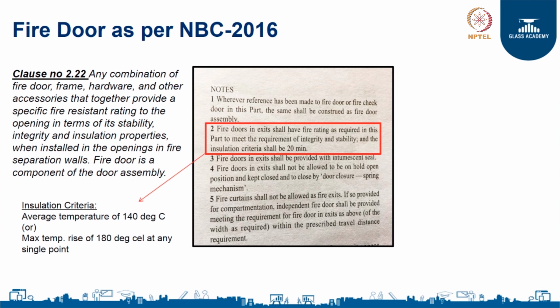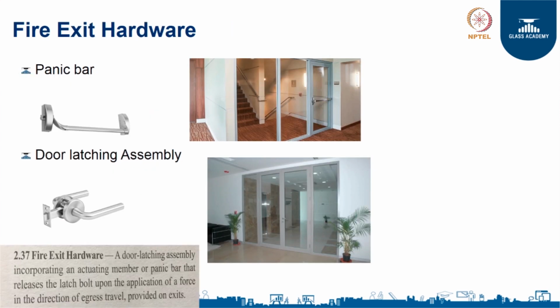So, the building code states that irrespective of the area of application where the fire door is fitted, all doors need to have an insulation for a duration of 20 minutes. Also, all fire exit doors need to have panic bars and door latching assembly. If you have noticed, mostly you would have seen it in schools, colleges, public places, theatres, multiplexes, shopping malls, fire exit doors which have a panic bar. During a fire, in a state of panic, people can push the panic bar and just go out into the exit passages and then find their way to the evacuation.